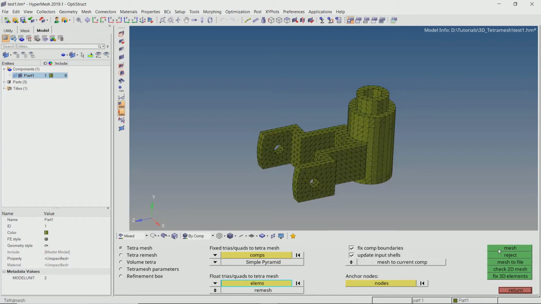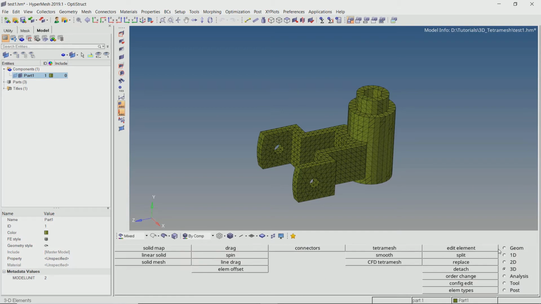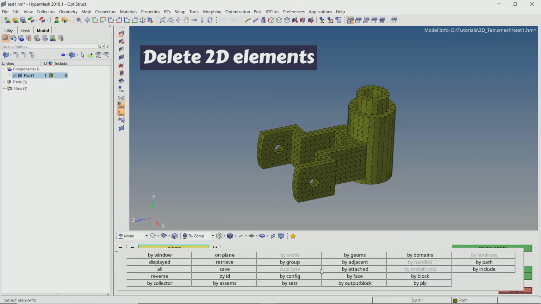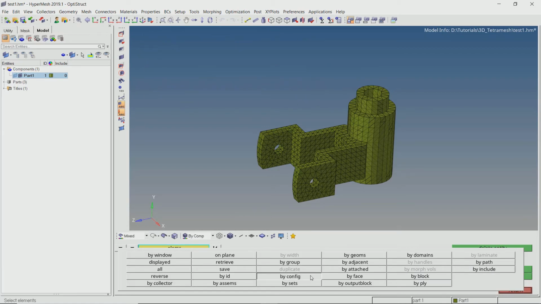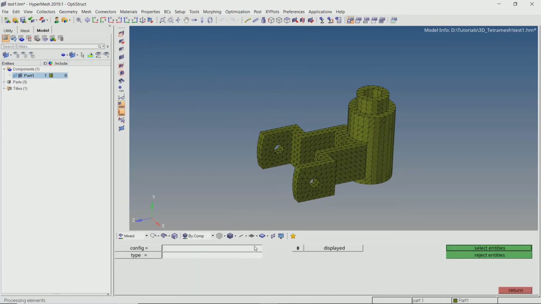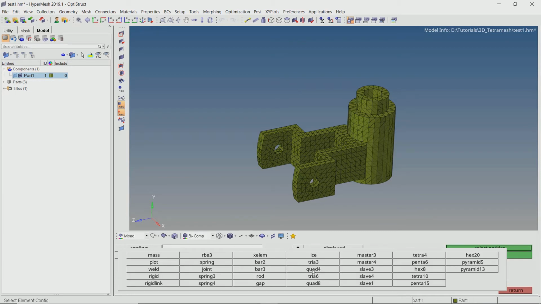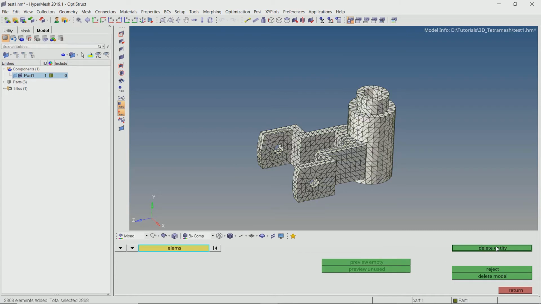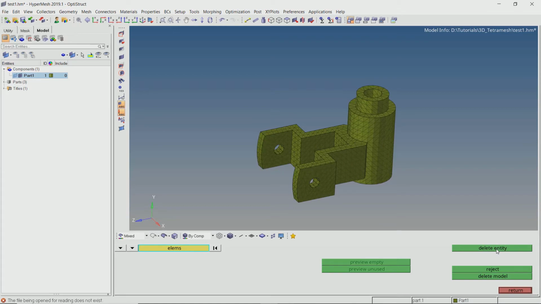Now we need to delete the 2D elements which were created in the first step. We will use the by config option in delete panel and select all the elements of configuration tria 3. After deleting all the 2D elements, we have completed our tetramesh process.